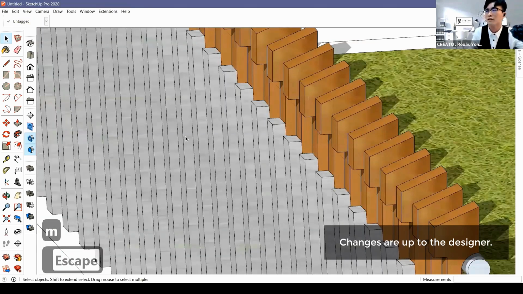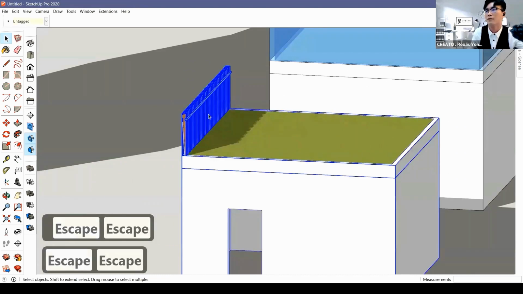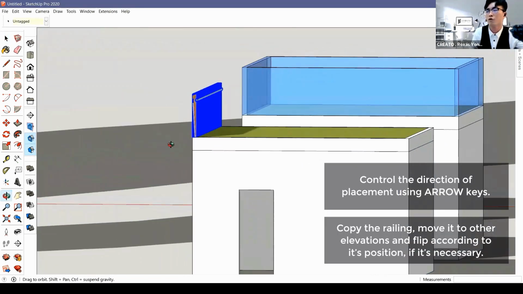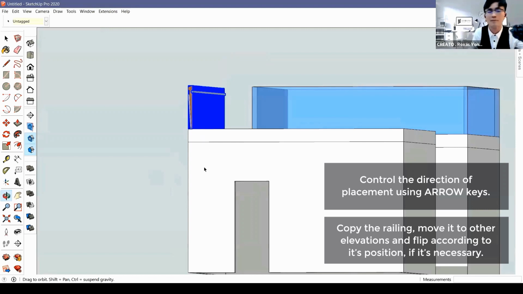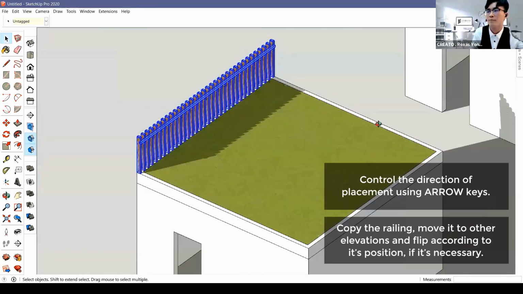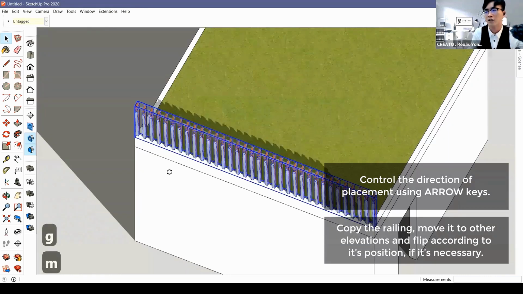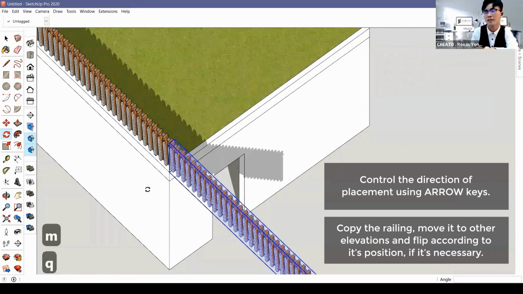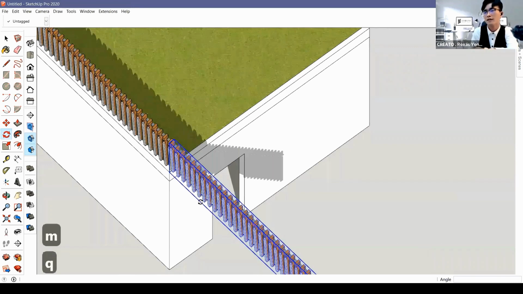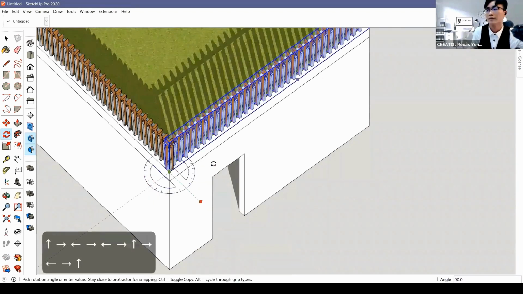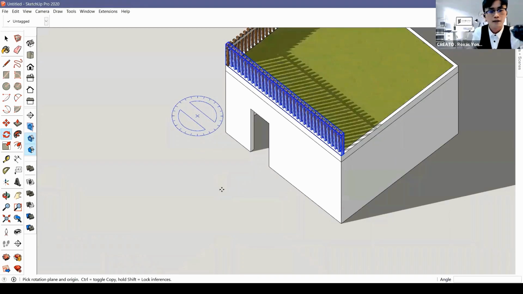So the whole thing I can copy. Go to a smart angle, select them, copy them, group them, and then we can apply them elsewhere, copying these entire things to, let's say, here. Then I say Q, rotate. I can control my angles using the arrow key, controlling my protractor. Same goes for M, control to here.